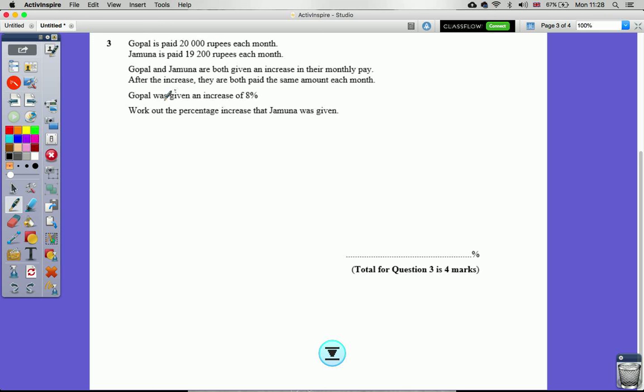So we know Gopal's new pay is 20,000 increased by 8%. So I do 1.08 because that's the multiplier for an increase of 8%. So that will be